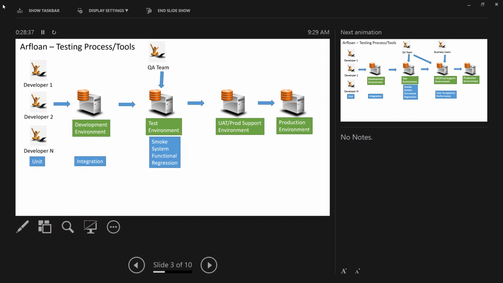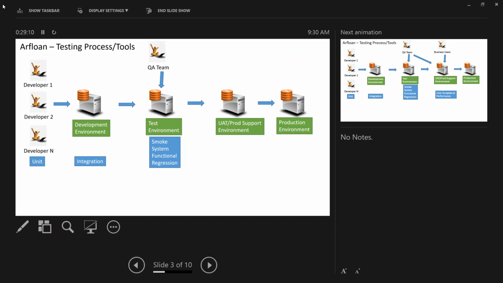System testing, functional testing, regression testing, right? These are the most common ones. Make sure the system works, the functionality works. Once the functionality works, can I do the end-to-end process? That's what system testing is. If you change something and you retest, that's a regression test. And a smoke test is, can I access the Airflow application? That's just basic smoke testing. That's what you're going to do here.